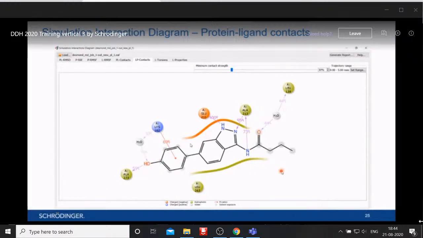You can directly show this image in your manuscript to tell the reviewer that this is the statistics of interaction in percentage wise, and it is very convincing which interactions are critical, which atoms are involved in interaction, and which amino acid residues are involved in interaction. So basically you don't need to see the complete MD simulation trajectory by visualization. You can get all that data in just a